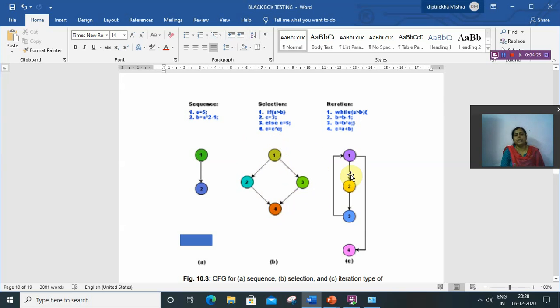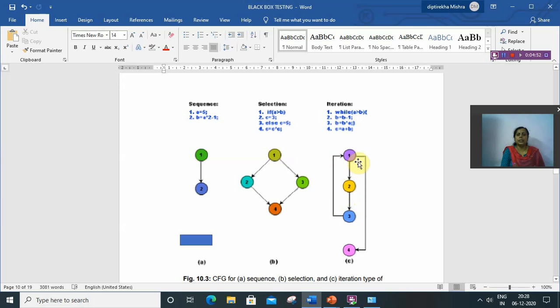Next is iteration. In iteration, if the condition in statement 1 is true, then it executes 2 and 3. Then it comes back to 1 and checks the condition again, and it executes the path 1, 2 and 3 repeatedly.